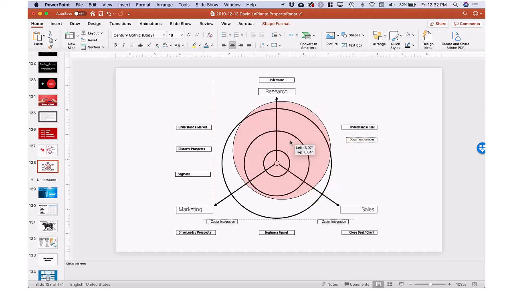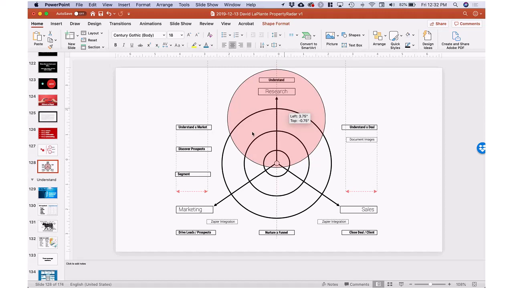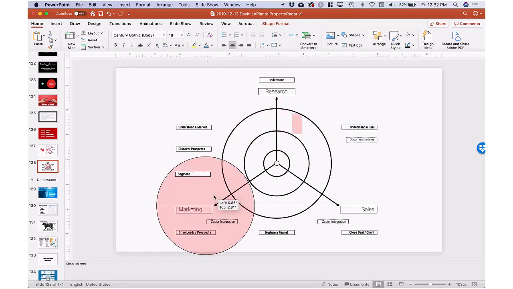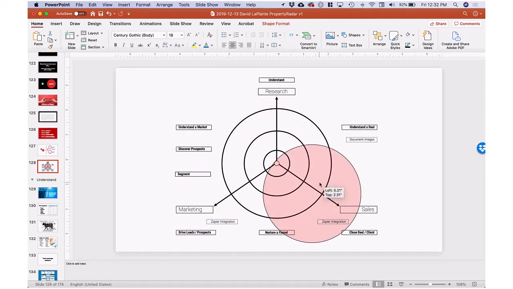But where we see a lot of folks, they spend way too much time over here and never get good at this, or they try to spend all their time here and they never really get good. They waste a lot of their time because they haven't really understood their market and where the opportunities are. So that's the end of that little short section.